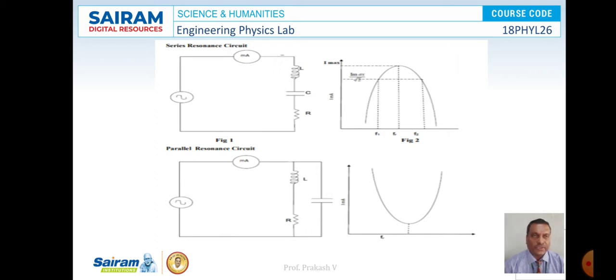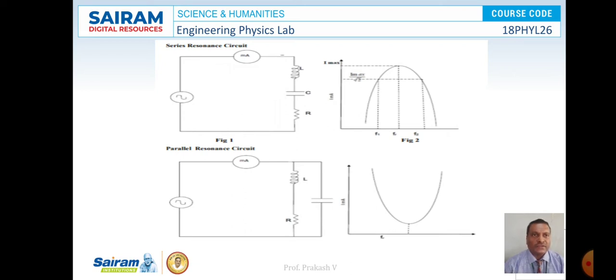As we increase the frequency, the current in the circuit keeps on increasing, and for a particular value of frequency known as the resonance frequency, the current in the circuit is observed to be maximum, known as Imax. We calculate Imax by root 2, locate that value on the y-axis in the graph, and from that point draw a line parallel to the x-axis, so it will cut the curve at 2 points. The corresponding F1 and F2 values are recorded, and Fr is the resonance frequency for which the current is maximum. So this is about the series resonance circuit.